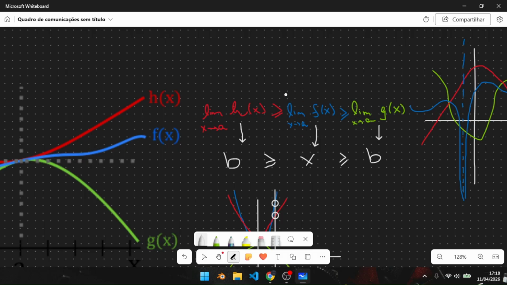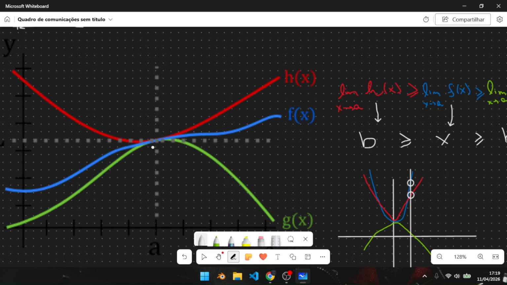Sometimes the strategies that I talked about in the last video don't work, and you're going to have to look at the graph. And this is one of the ways you can solve it, if you know two functions that, on this x here, or close to this x, behave like this. One is greater than or equal to the function that you're trying to solve the limit of, and the other one is below that function. Okay,